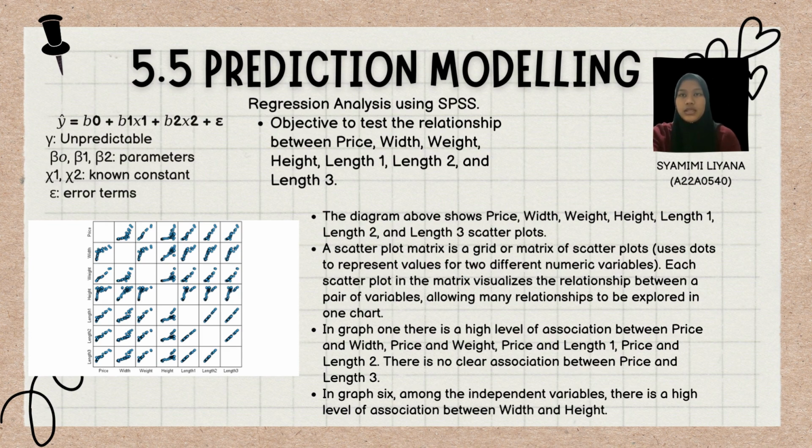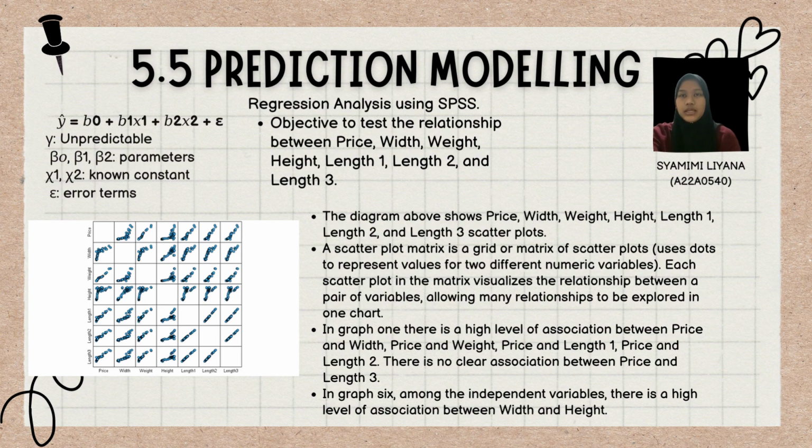A scatter plot matrix is a grid or matrix of scatter plots that use dots to present values for two different numeric variables. Each scatter plot in the matrix